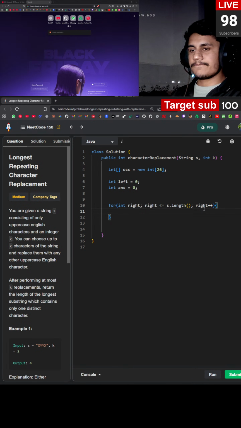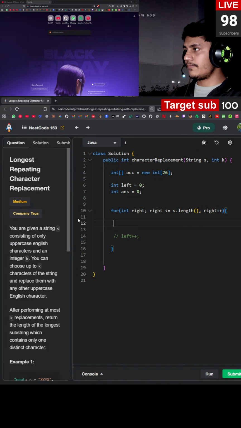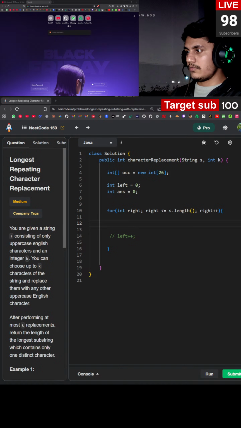क्या रह गया? ये राइट इंक्रीमेंट किया है मैंने यहीं पे। तो मुझे चेक करना पड़ेगा कि लेफ्ट भी मेरे को इंक्रीमेंट करना है। लेफ्ट के इंक्रीमेंट के लिए लॉजिक लिखना है ताकि लेफ्ट इंक्रीमेंट हो जाए। और उससे पहले क्या करना है, ओके, राइट इंक्रीमेंट के लिए कुछ चेक नहीं करना है।